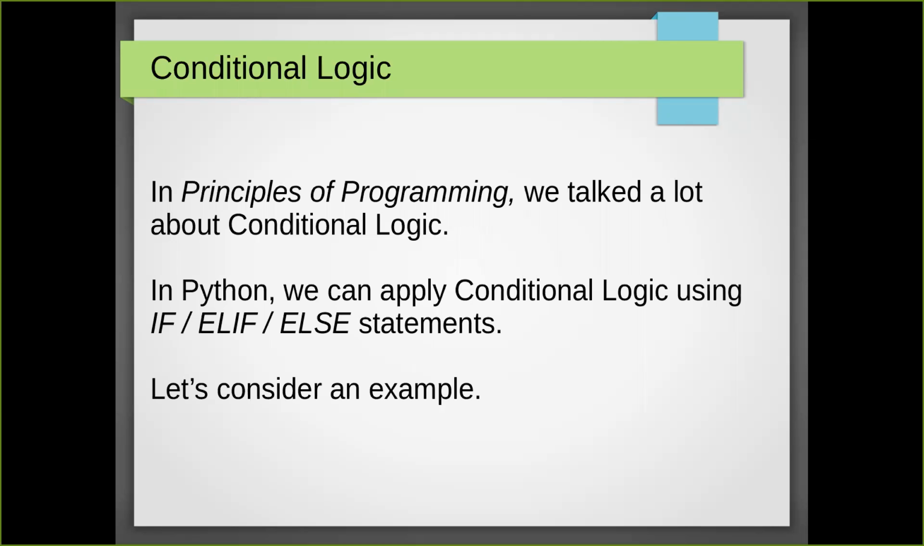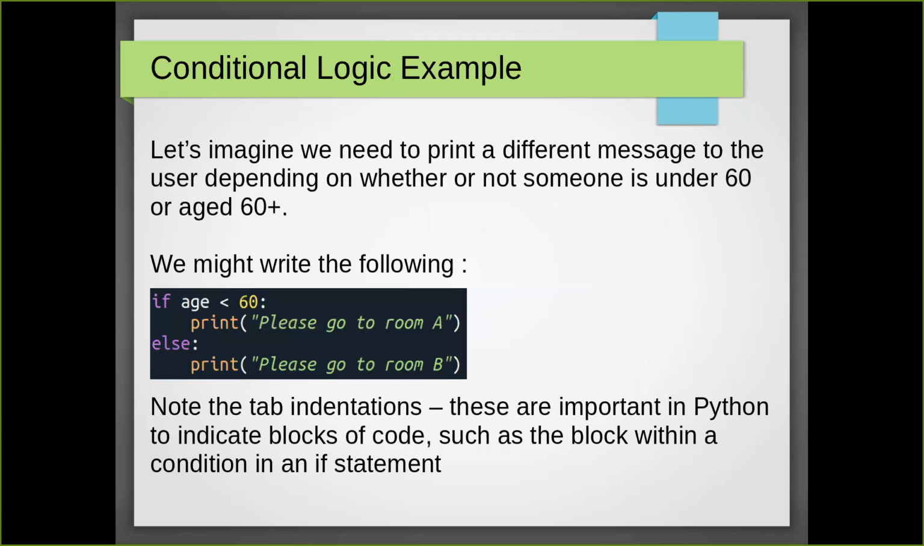So let's have a look at an example. Let's imagine that we want our program to print a different message to the user, depending on whether they're under 60 or 60 or over. So we might write the following, where we say if, and then we specify a condition. Here, and we'll come on to this comparator in a moment, this is saying if age, the value in age, is less than 60, then we use a colon, and then in this tab indented block of text,